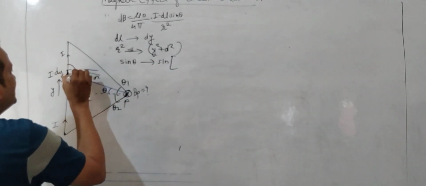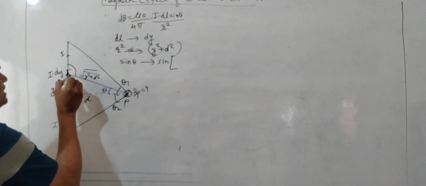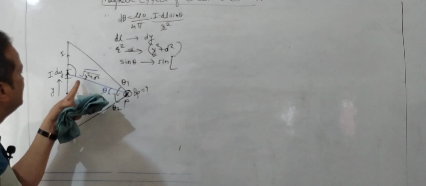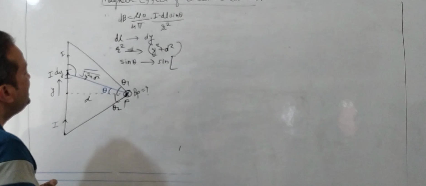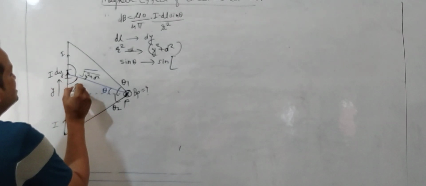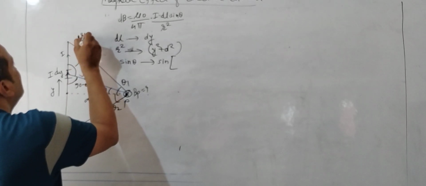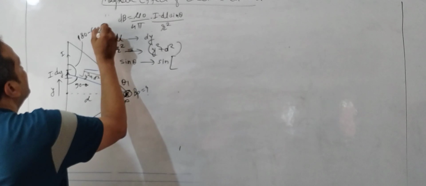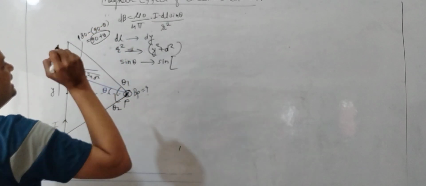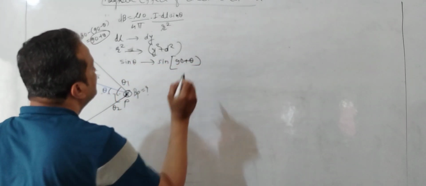देखो बेटा थीटा तो ये है ना, हमें ये वाला थीटा नहीं चाहिए, हमारा थीटा ये है। So what is this, if this is theta, this is 90, this is 90 minus theta, this is 90 minus theta, this is 90 minus theta, so this will be how much, 180 minus 90 minus theta, that is equal to 90 plus theta। बेटा ये वाला ही एंगल चाहिए, तो यहाँ पर sin theta क्या हो जाएगा, 90 plus theta।